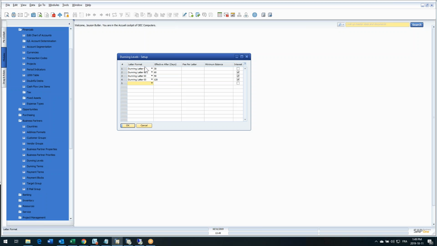The Dunning level, in reality, you attach a specific letter to the statement. It's basically a statement that you send to the customer, but with notes and extra information to tell the customer, hey, by the way, you're late and you owe me that amount of money, and it's past due for